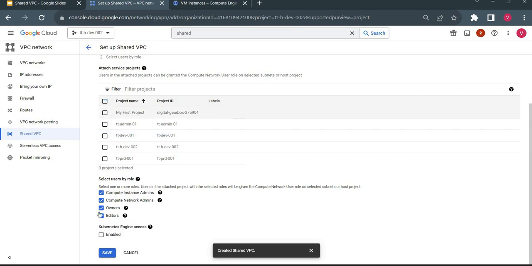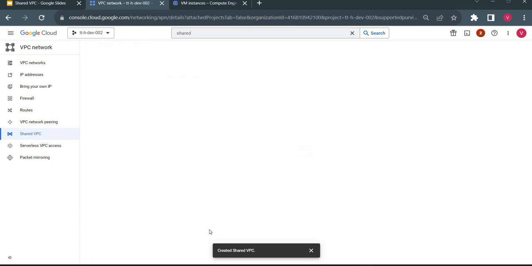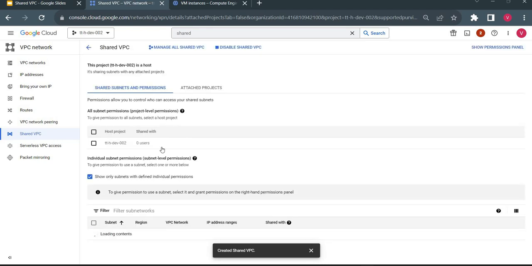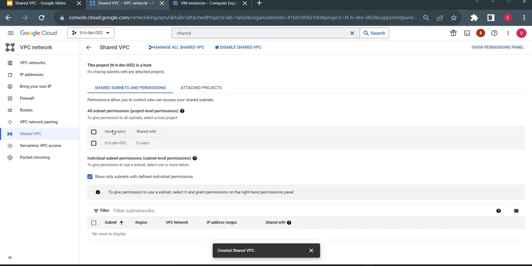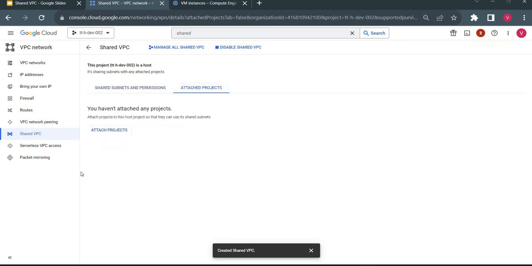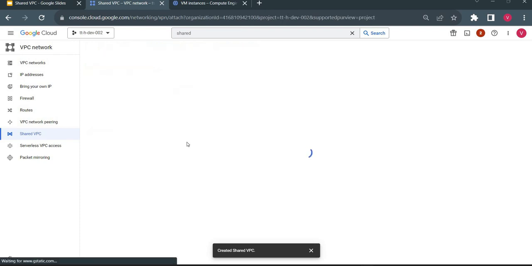Else what I will do, I won't share anything now. I'll just create this shared VPC and host project, and later I will attach a project. Now you could see this is not shared with any project, and if I go to attach project, nothing is here. Now always remember, this will be your host project, and attached projects are always your service projects. So I'll go to attach project now,